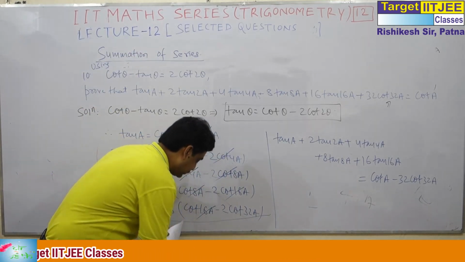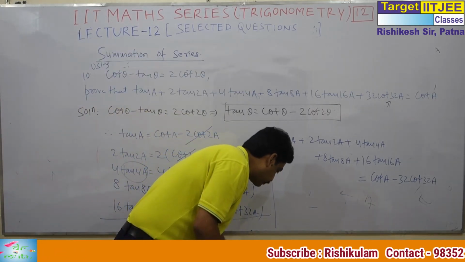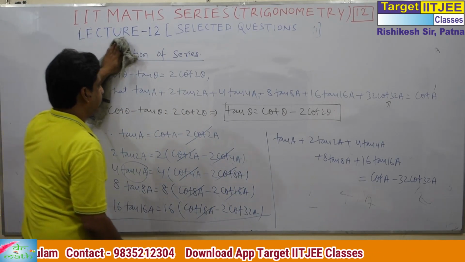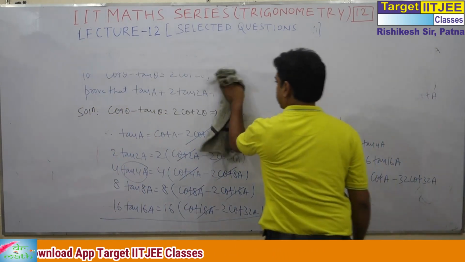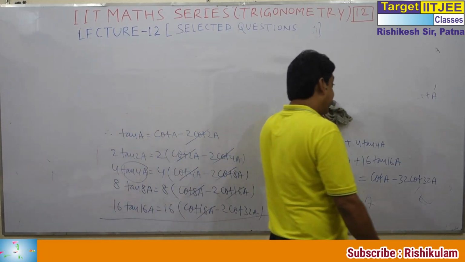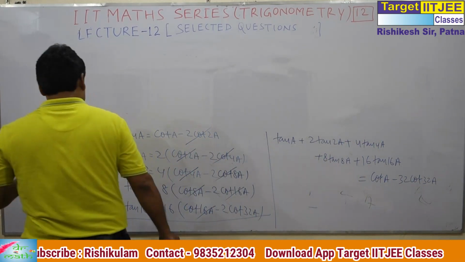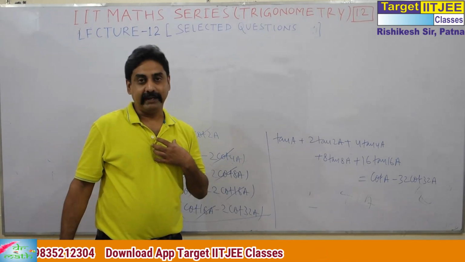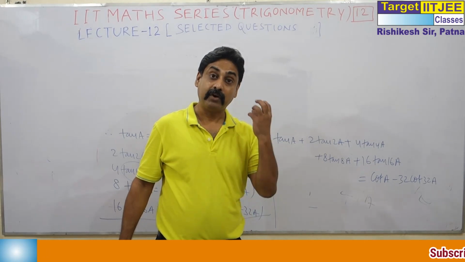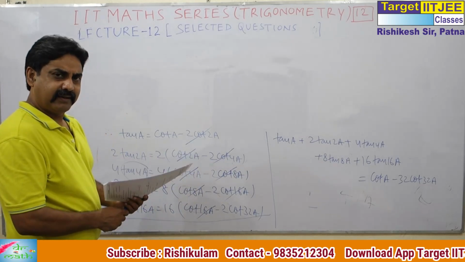What is the next question? There are 4 more questions. Next one, let me write number 11. You have to get my lecture at this speed for IIT. If you are not getting it, you have to adapt. For IIT, what's my idea, what's your idea, doesn't matter. It only matters what IIT wants. IIT wants speed and accuracy. So you have to maintain the speed, and it comes from practice.